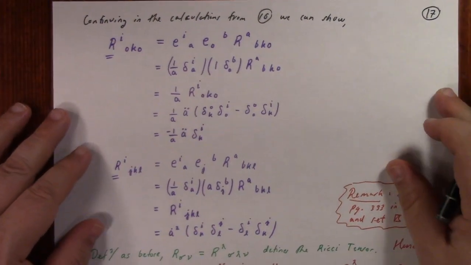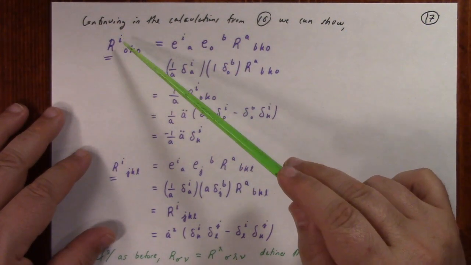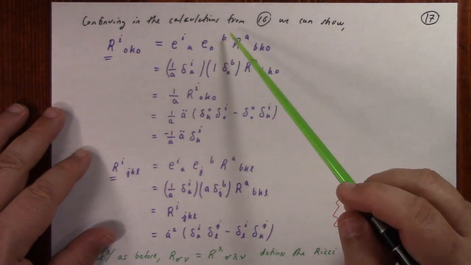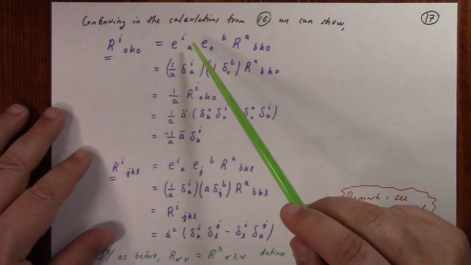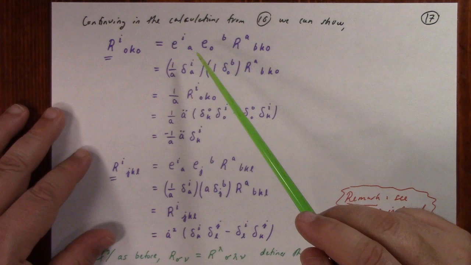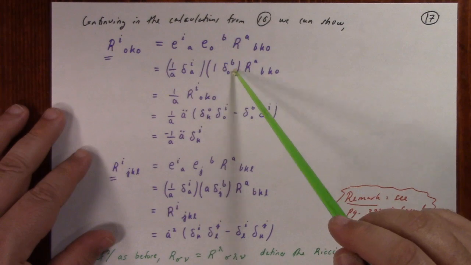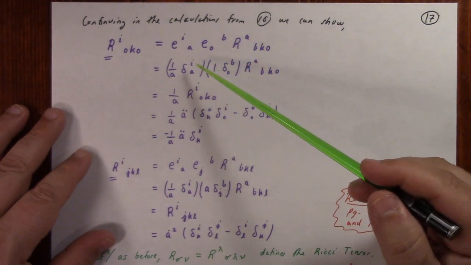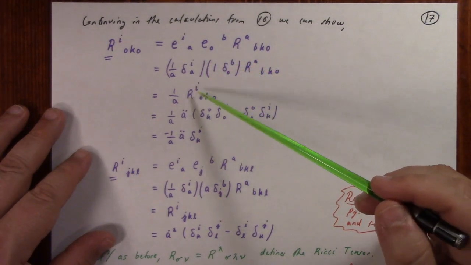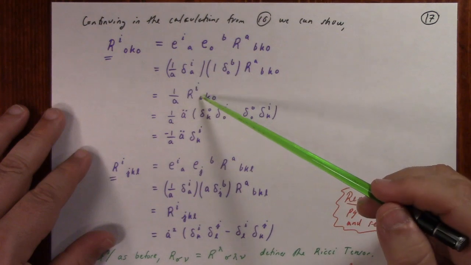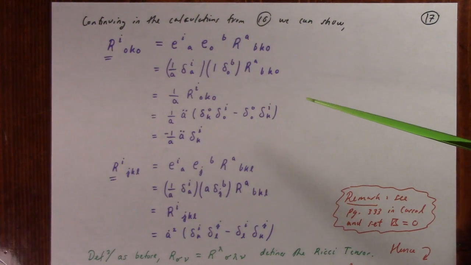Continuing in the calculations from page 16, we can show that Ri0K0, so I have to contract over a pair of tetrads. And so IA is only non-zero when we have I equals A, in which case we get a multiplier of 1 over A. This is only non-zero when we have B equal to 0 and the multiplier of 1. And then I multiply by that. Of course, that just sets A equals I and B equals 0. So R, I, 0, K, 0, which then, using the formula I had on the previous page,